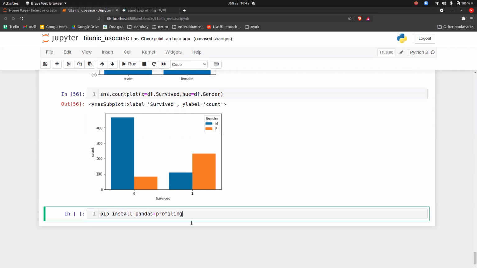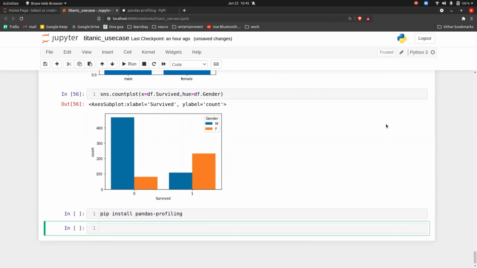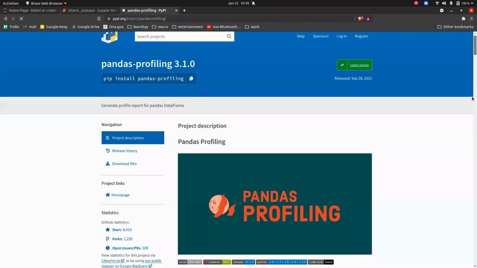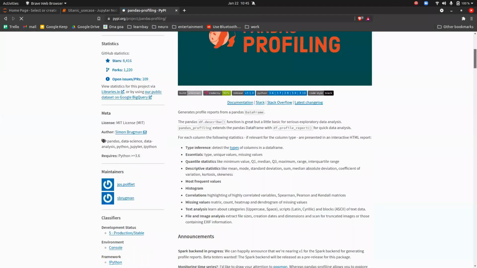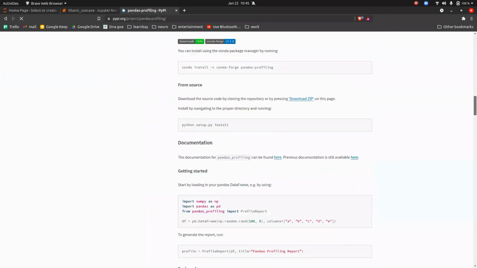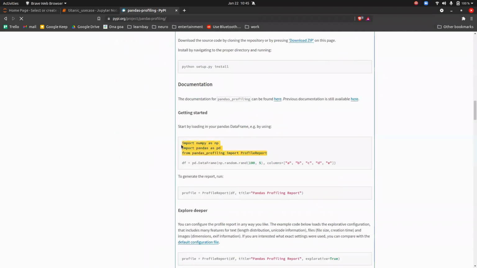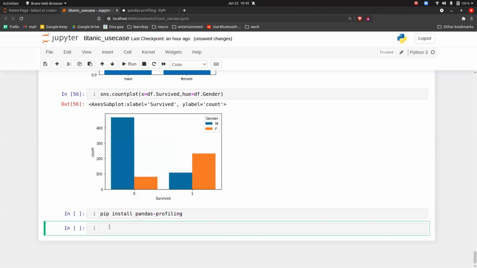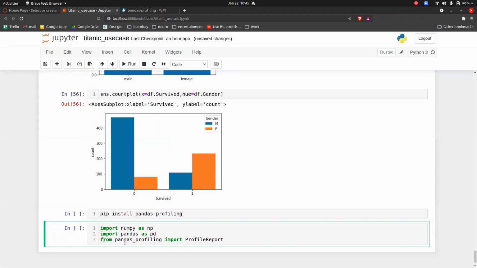After doing this, if you scroll down, they will tell you how to do everything. There is something called a profile report. Copy this and paste it. Basically they are importing ProfileReport from pandas profiling.